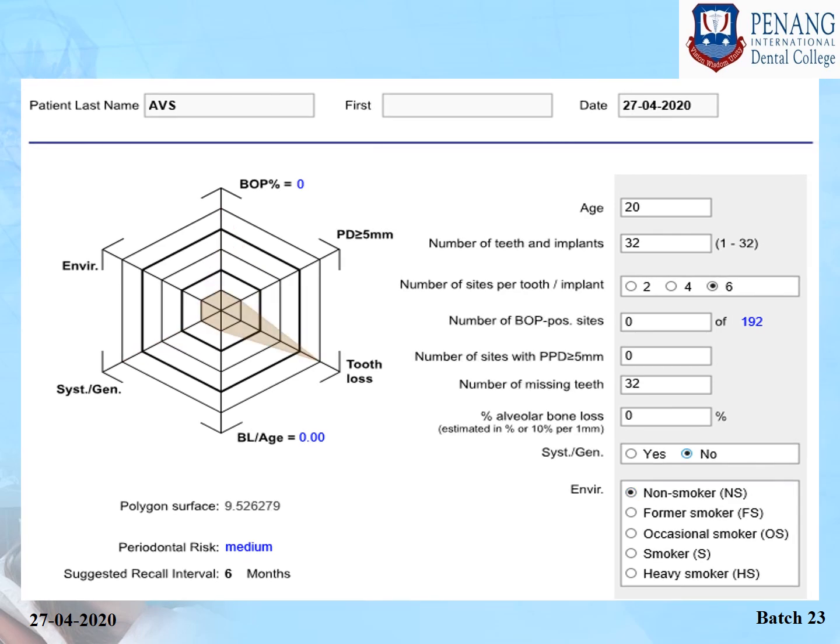And if you see one of the rarest cases where all the teeth are missing, the patient is completely edentulous, still that patient will be in the medium category because other vectors have not been counted. So this is one of the drawbacks of this assessment, but still it is valid, because when there is no tooth or the patient is edentulous, the patient can be recalled at a 6 months interval.